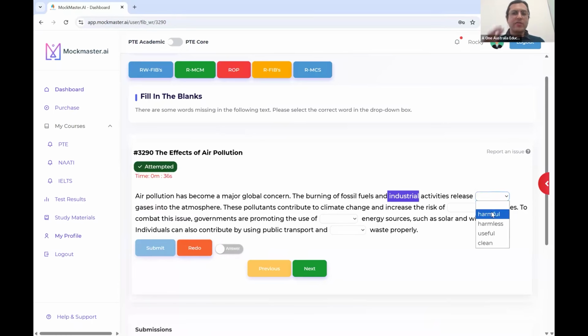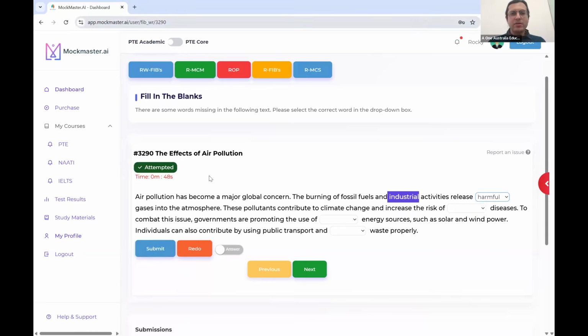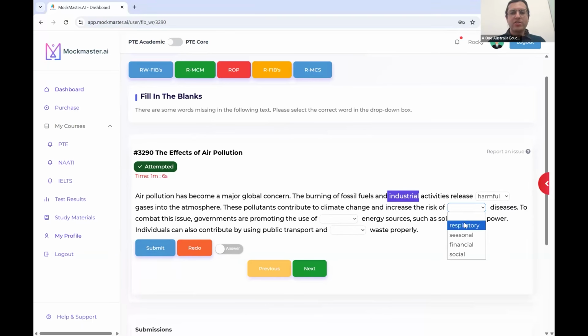So ideally, before you click, we should form a habit of guessing the option. Logically, the correct answer should be harmful. You can also solve it with me. Think of it like this is an ongoing test right now. These pollutants contribute to climate change and increase the risk of dash diseases. Obviously it's going to be some type of diseases, like chronic diseases, that should fit here. It's burning of fossil fuels,